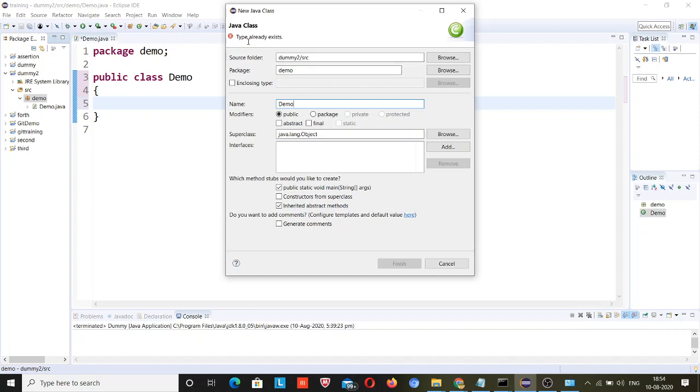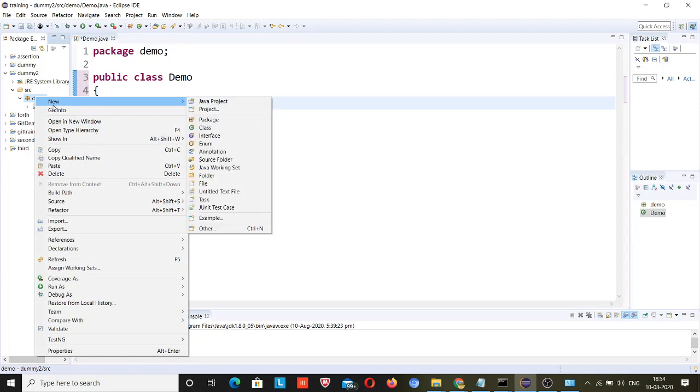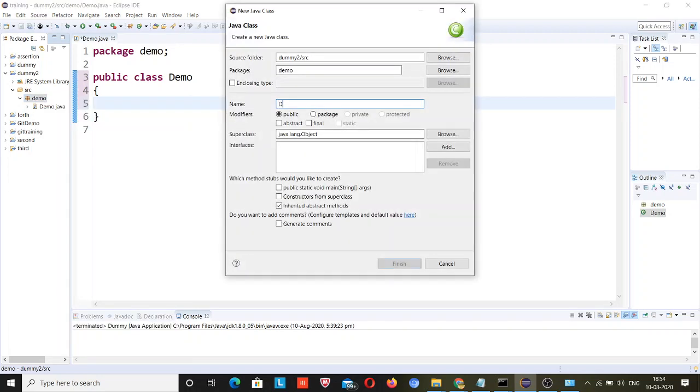a new class. The type already exists. So maybe let me close it. Inside this, just go to this demo class and change the name of the class. There was an already available class maybe, so just finish it.